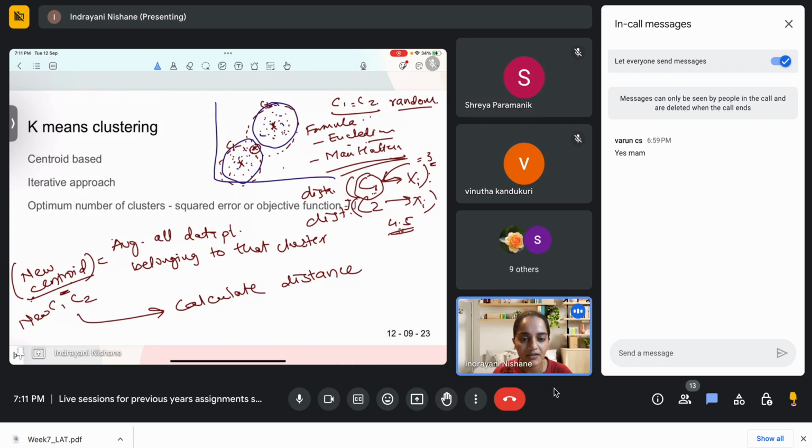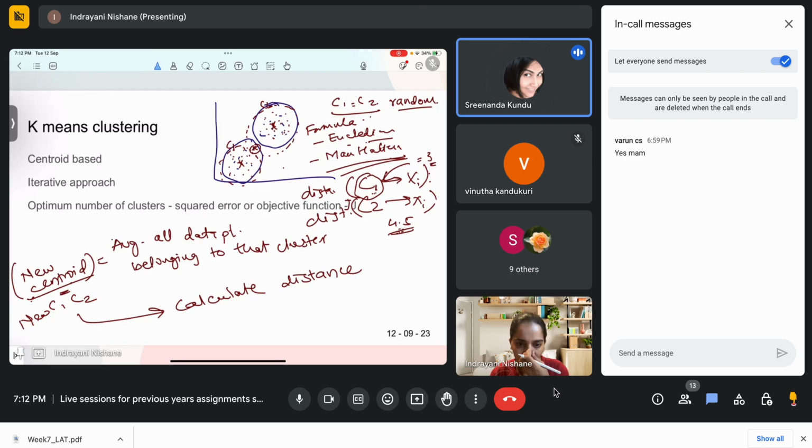Yes, Srinanda, you can unmute and ask. Hi, ma'am. I just wanted to ask, in the last lecture, the example discussed was with 4 attributes. Can you tell me how we calculate the distances? We can't see them on a scatter plot, and how is the centroid decided